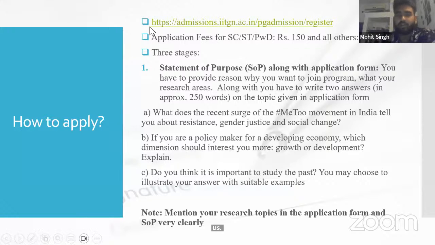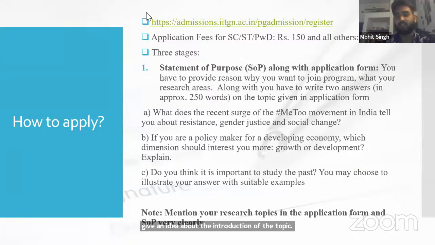or four slots in any answer. So you can mention, at the starting, you can give an idea about the introduction of the topic. For example, if the question is, do you think it is important to study the past? You may choose to illustrate your answer. So at the beginning, you can tell what the past is, and then in the next para, you